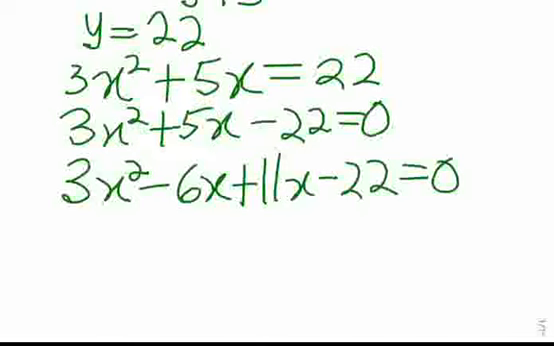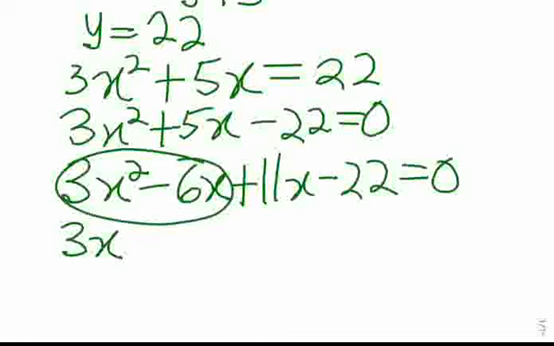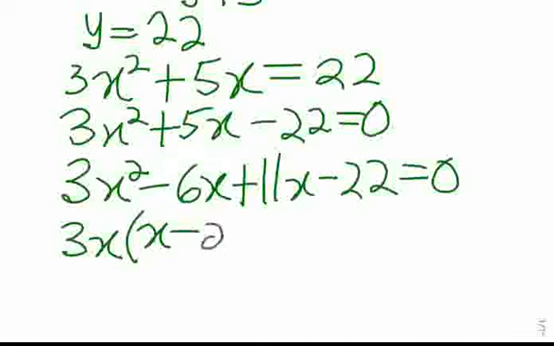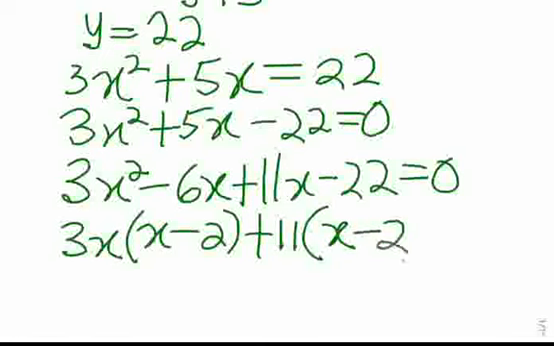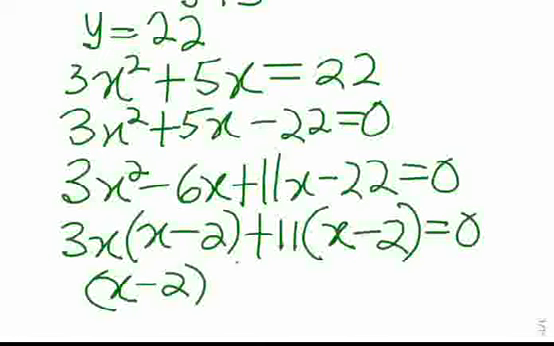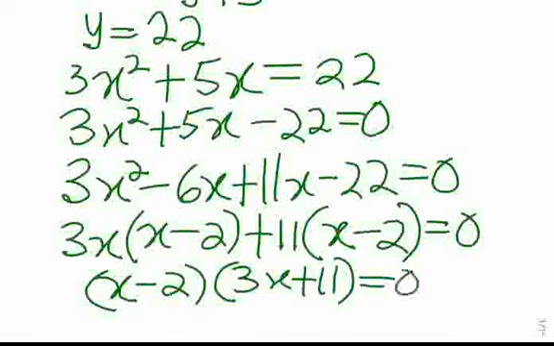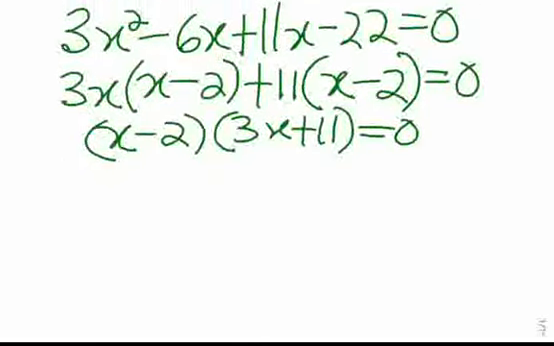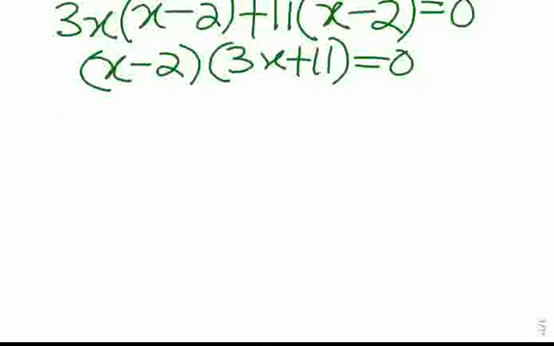So factorizing the whole of this expression now, the first part, 3x is common. 3x in 3x squared leaves x. 3x in 6x leaves behind 2. For this side, 11 is common. 11 in 11x is x. 11 in 22 is equal to 2. So I am arriving at x minus 2 and then 3x plus 11. This equals 0. So solving for x, x minus 2 equals 0 from this side,